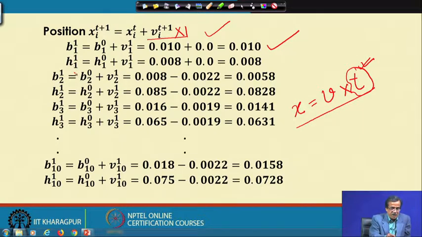Similarly, I can find out H 1 with respect to 1, that is the position of the first particle in the next iteration in terms of the second design variable, and that is nothing but H 1 with respect to 0 plus V 1 with respect to 1, and if I substitute all the numerical values, I will get 0.008.